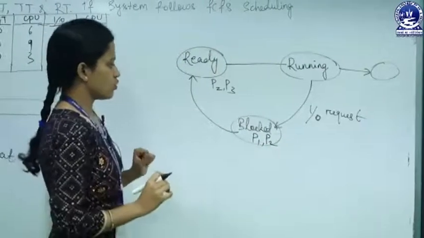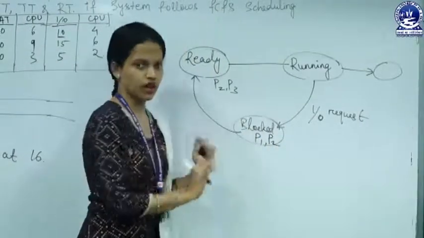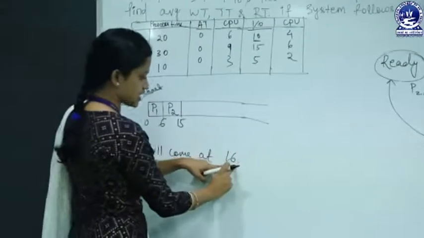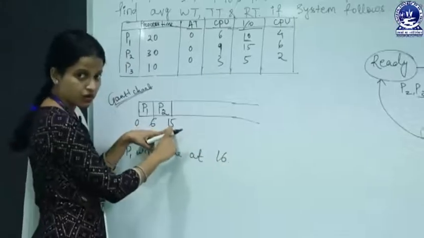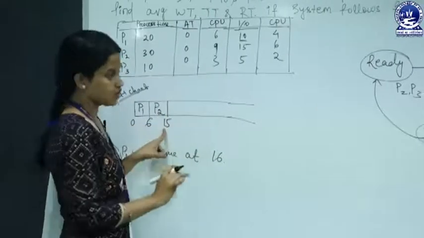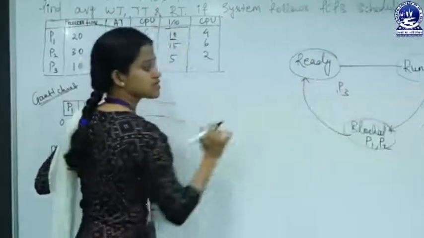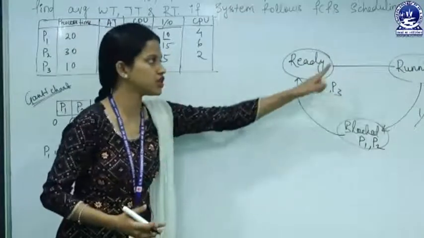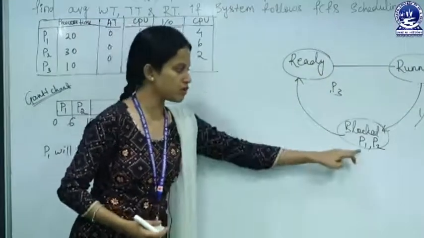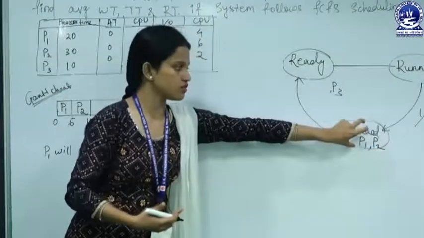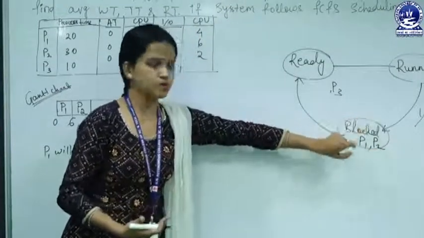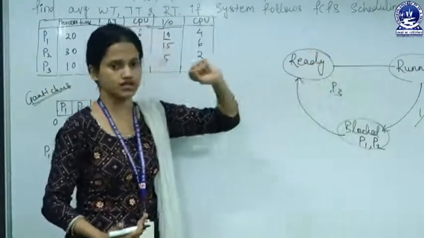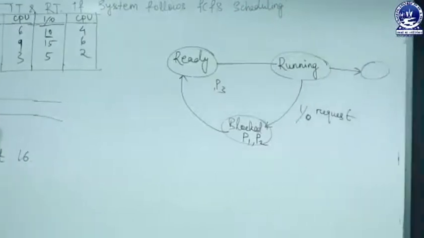So here we have two processes in block state now at the 15 units of time. And see, P1 will come at 16 but the time is 15. Okay, so now in ready state, we have only one process. So there is no chance, we have to allocate P3 to the CPU. P1, P2 are still doing their IO operation in block state. So P3 will be picked by the operating system and it will go to the running state. And now we have to allocate P3.